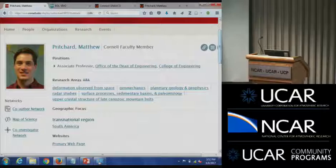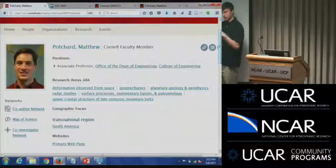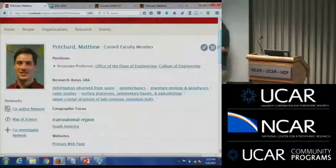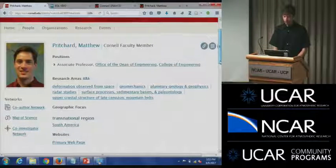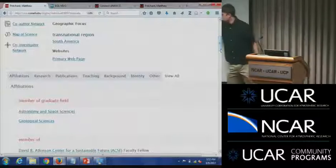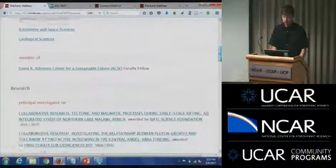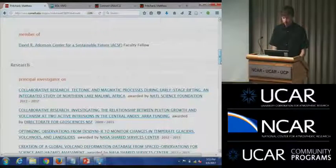And then each one of these links, which I'll show here, is itself a node in that network, the networked information model. So I'll go through a few, but if you wanted more information about any one of these entities, you just click on that and you can get through there. So at the top we have basic information about this person, and then if I go down, there's information about a bunch of categories here. So he's a member of this field, he's a member of a particular program. He's got lots of grants,